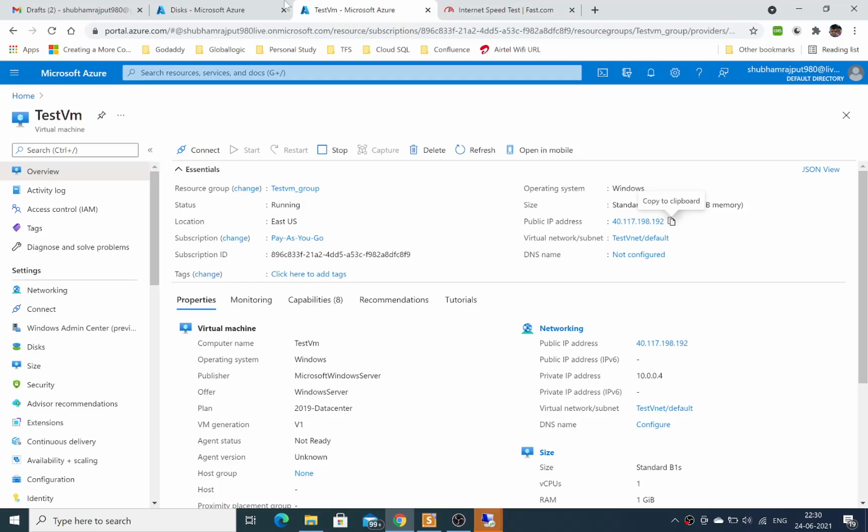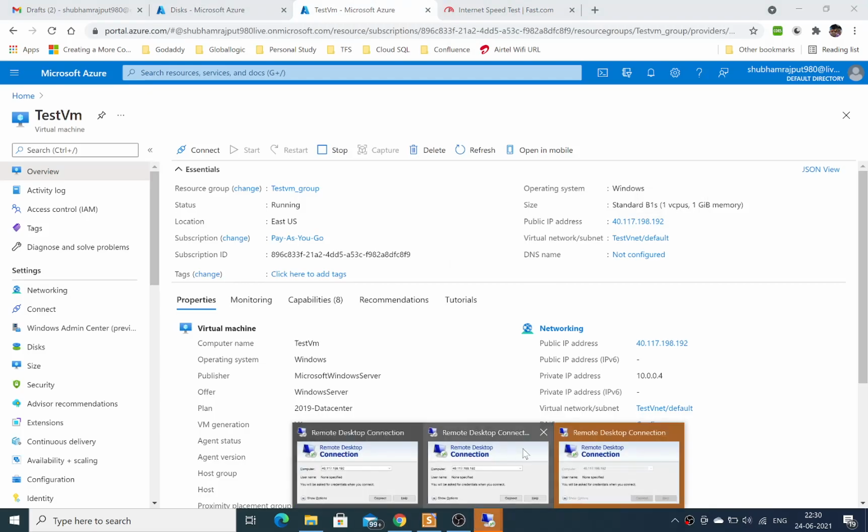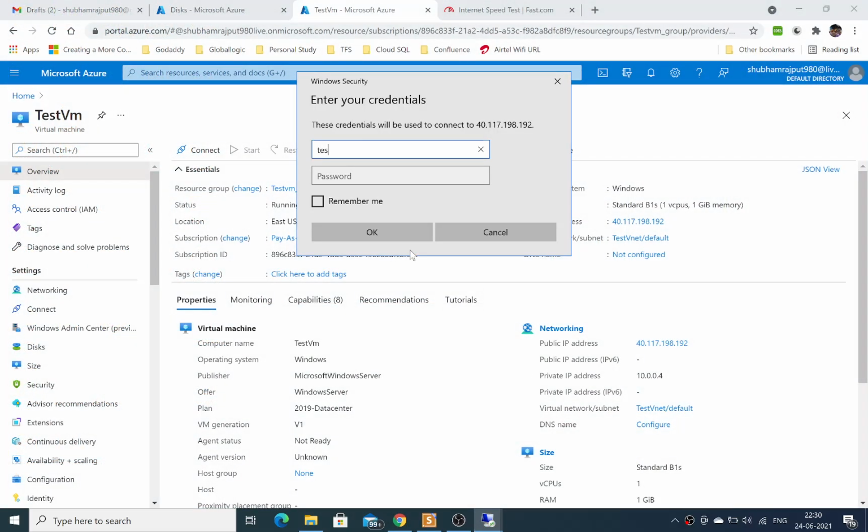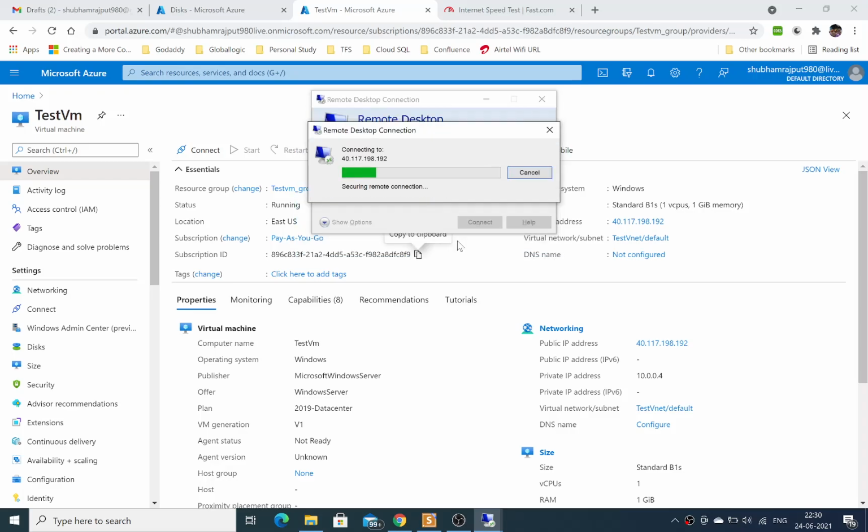Yeah, it is working. Yeah, it is connecting now.